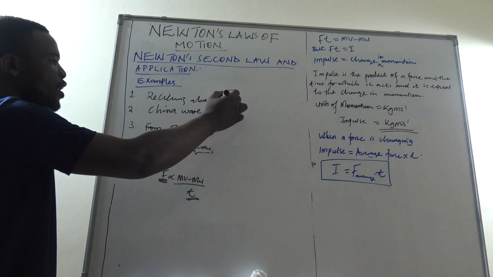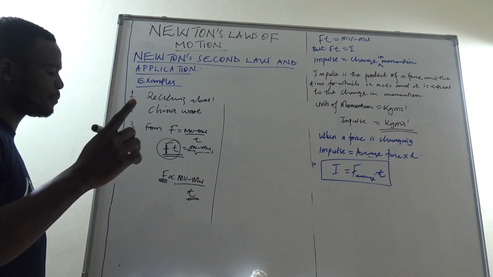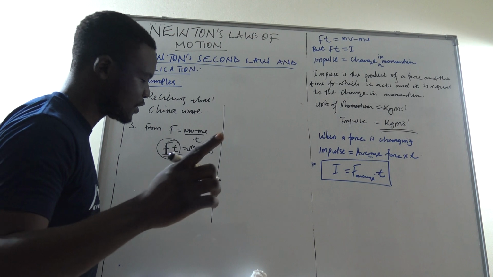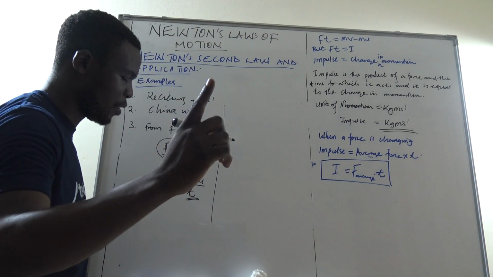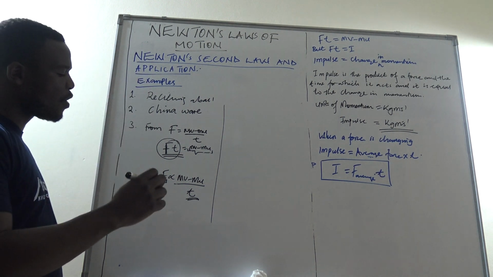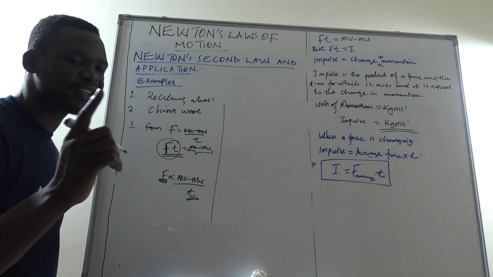The same reason applies if someone is falling on a cemented floor and another person is falling on sand: the person falling on a cement floor feels a lot of pain or is even hurt. Why? When you fall on cement, you go directly to cement and the time of impact is so small